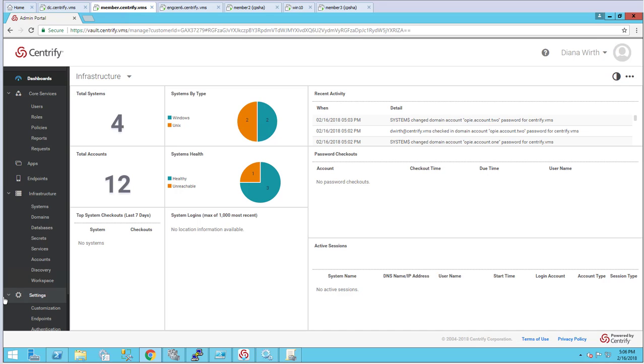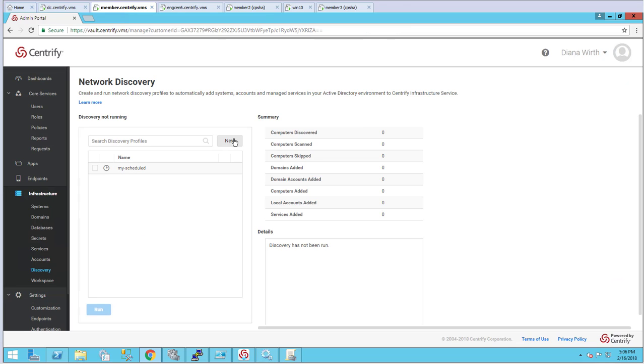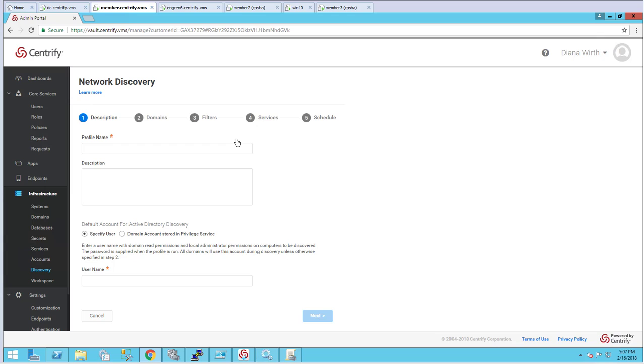Let's just say you're in charge of a new Windows environment. The first thing is how many servers do you have out there that may be running with credentials, right? For that we have discovery, and what I'm going to do is a quick discovery. So with Centrify, you can discover Active Directory joined Unix, Linux, and Windows systems, but you can also, in Windows systems, discover the services that are running with credentials here. So I'm going to just do a quick discovery here,